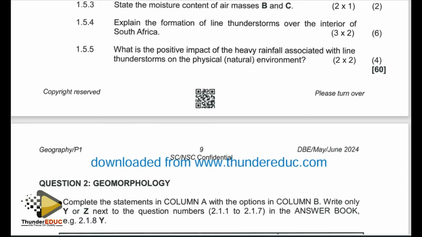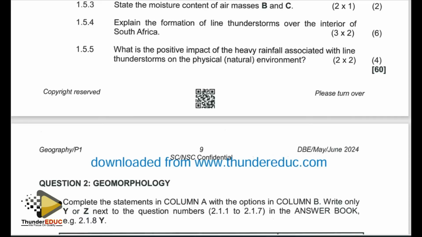Those creatures, animals and plants will benefit from the replenishment of water sources. And also we can argue that it adds soil moisture that promotes vegetation growth. That is good for the natural environment, that we have the growth of vegetation because of the feeding in of moisture to the ground. Or we can argue that it provides water for the wildlife, which is also part of the benefits to the natural environment. So basically those are the expected responses from our first question on climate and weather.